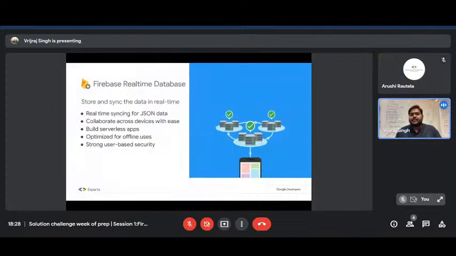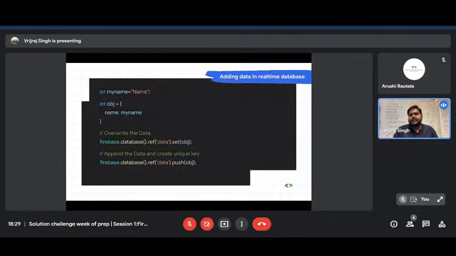The next part is our Realtime Database. Realtime Database is a lightweight database. Whenever you are creating a complex application, you can go with Cloud Firestore. But if you are creating a light version of an application, let's say we don't have a large-scale schema, then you can use Realtime Database. Here we have a tree-like structure, a JSON tree-like structure. It's serverless and it supports offline features. And yeah, for creating lightweight applications, you can use Realtime Database.